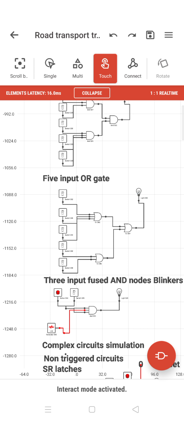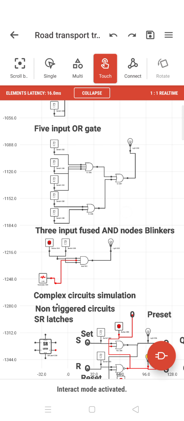Now a 5 input OR gate. Any one of them can turn on the light. If even one person enters the building, he can turn on the light. If none of them are coming inside, then you don't need any of it. Somebody is coming in, somebody is going out, and at least one person is inside the building, then you have the lights on. If none of them is inside the building, then everything is switched off, and you don't need the light inside the building.